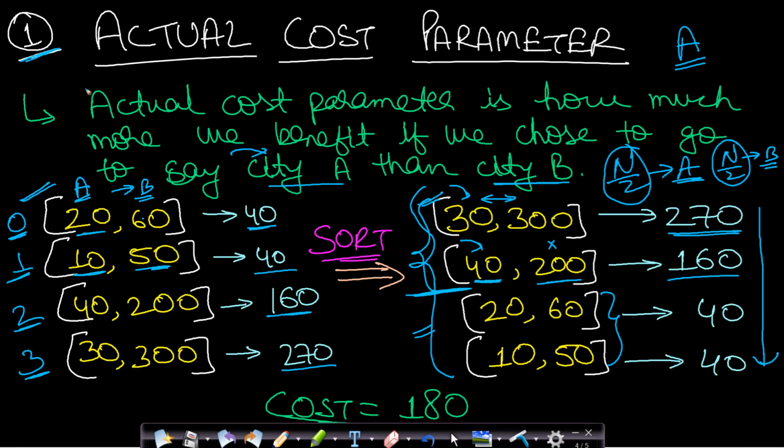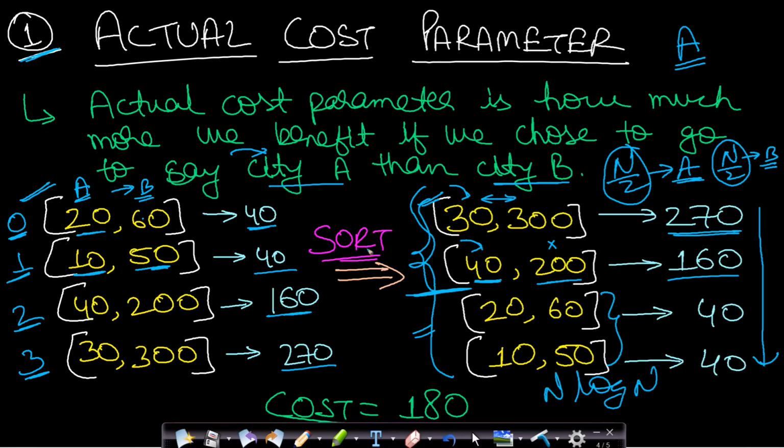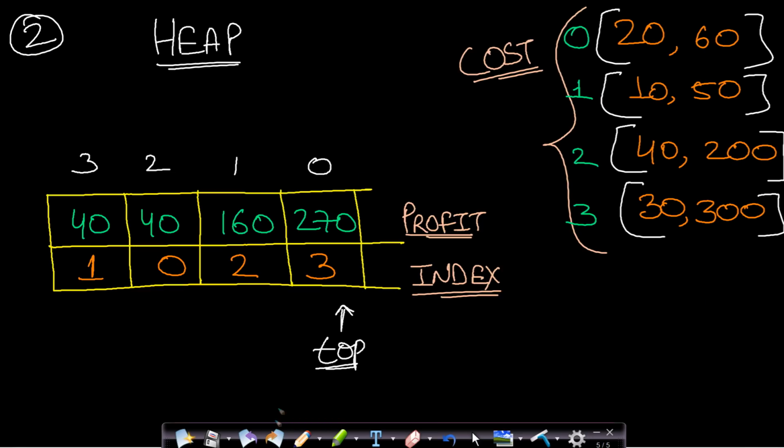So this is the first method which is using sorting, and the total time for this is n log n. This method is actually modifying your provided cost array. So let us say you are not allowed to modify this cost array. Then in that case you will have to use a heap. This heap will use order of n extra space, and you are basically using a max heap, and this max heap is based on the profit margin again.